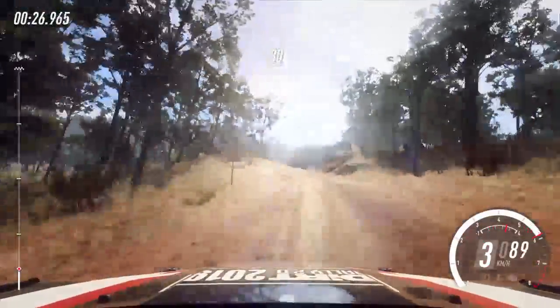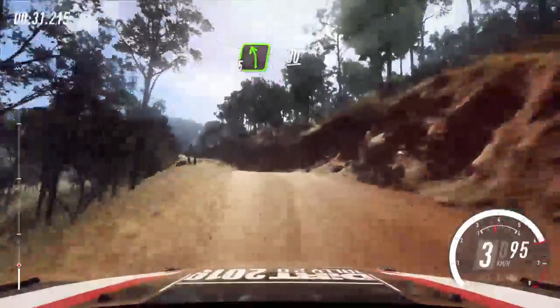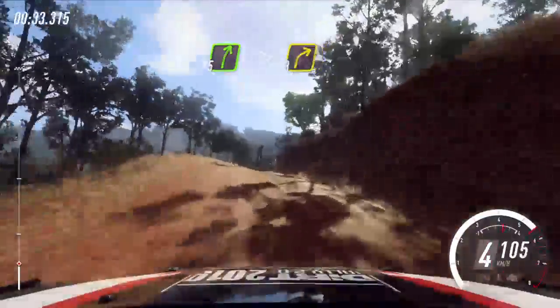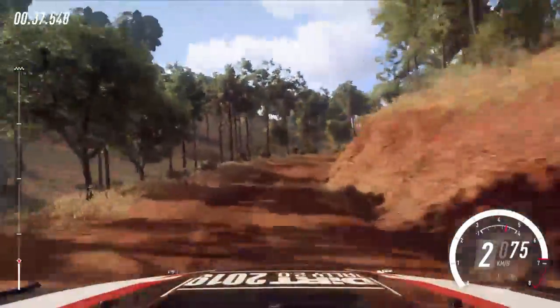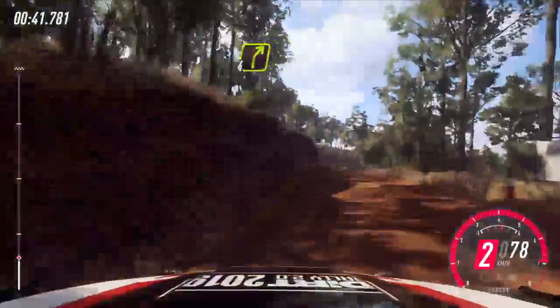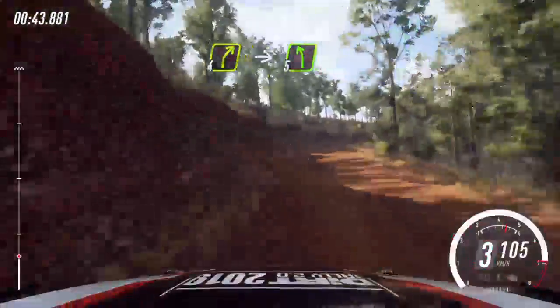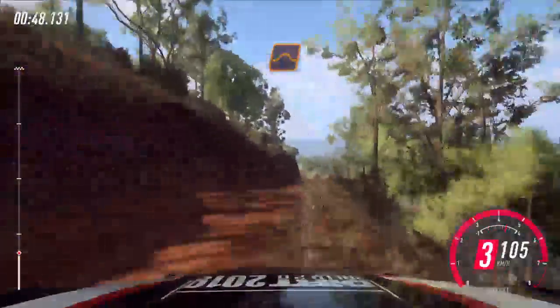30, 5 left, 30, 5 right, tightens, 3 long, into 4 left over crest, 30, 4 right long over crest, into 5 left over dip, into jump, 30 over